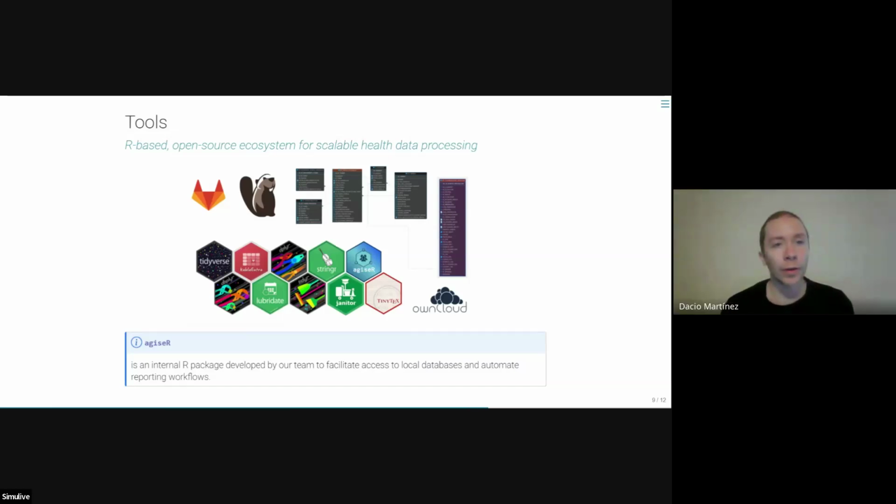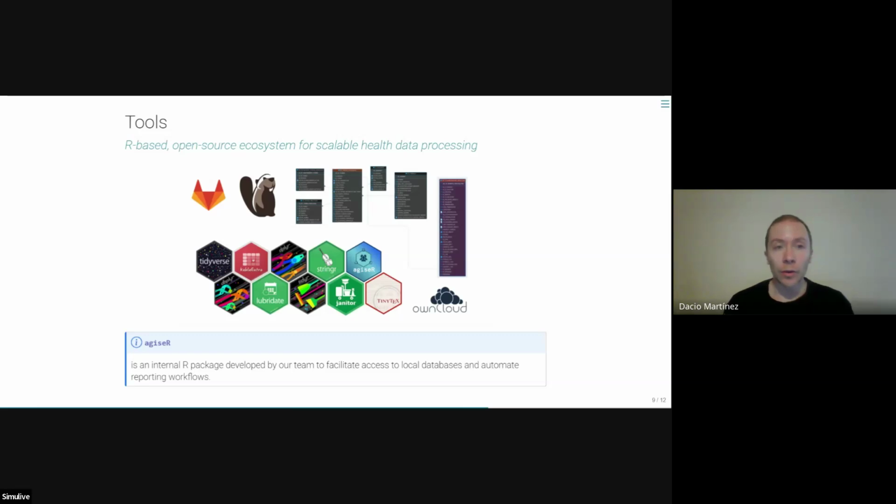To work with all this information, we rely on our own data infrastructure and tools. We have a dedicated RStudio server used by the data science team to automate processes and to generate reports. We also use GitLab for version control and collaborative development. All the data we use is stored in a dedicated data warehouse, which we access through dbplyr. This allows us to query tables, transform data, and prepare it for reporting and analysis.